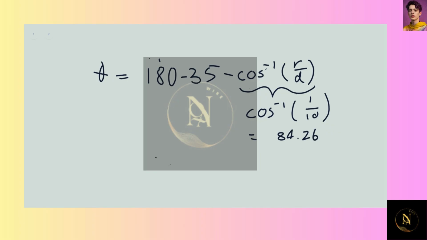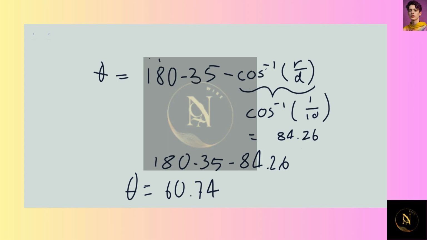84.26. Now, all that's left to do is plug in 180 minus 35 minus 84.26, and that is equal to 60.74, which we can then round to 61 degrees. And that is our